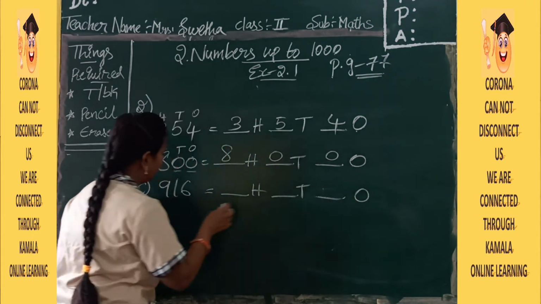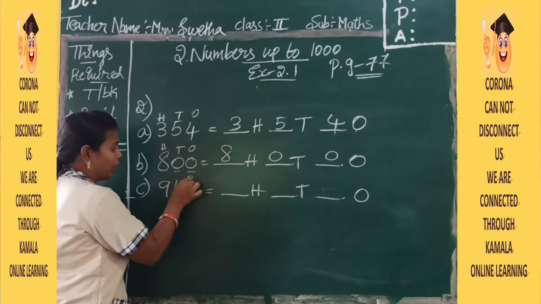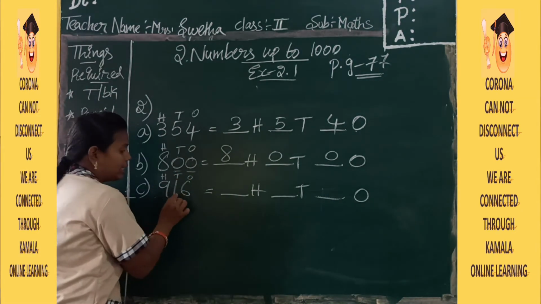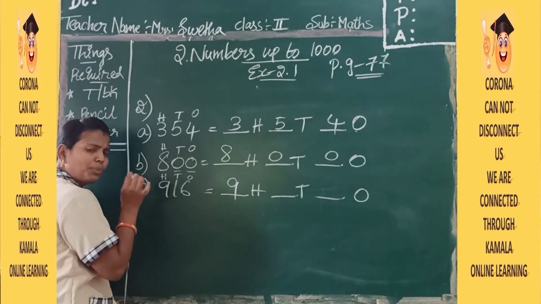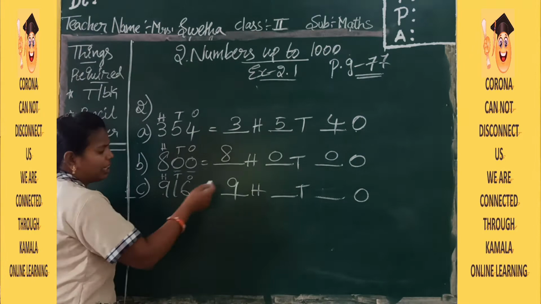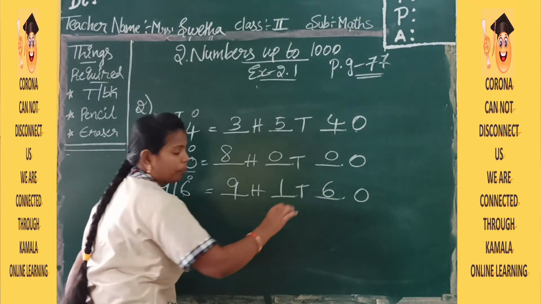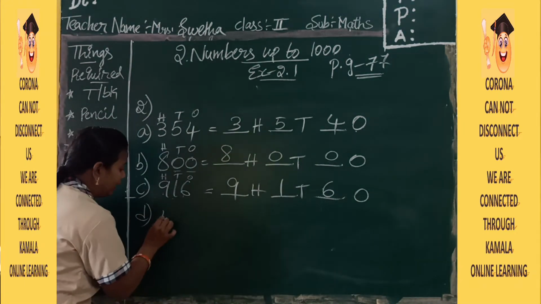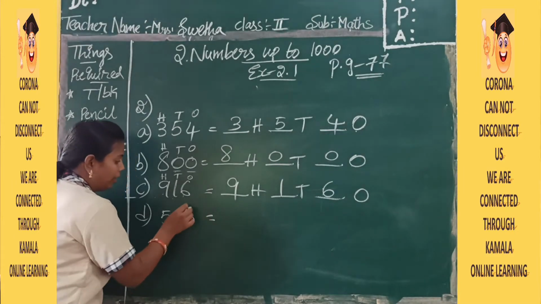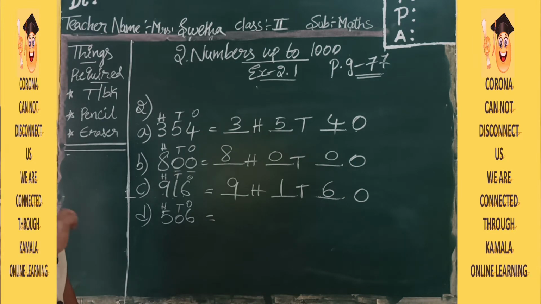Okay? See here, 916 is the number. Write places on the top: hundreds, tens, ones. So how many hundreds are there? It is very easy, children. You can check the place and you can write the number. Tens, how many? 1. Ones, how many? 6. Okay? In the same way, the next one also. What is the next one? It is 506. Write places on the top. You also have to write places on the top of your numbers in your term book. It makes your problem easy.